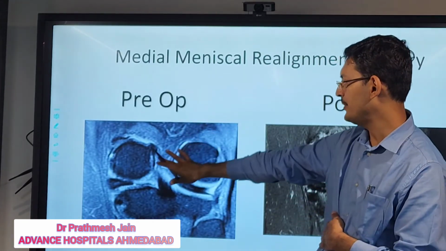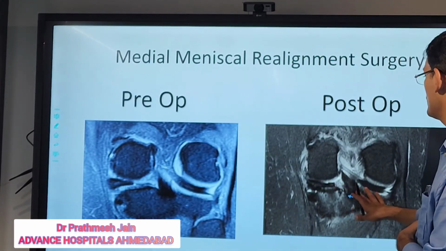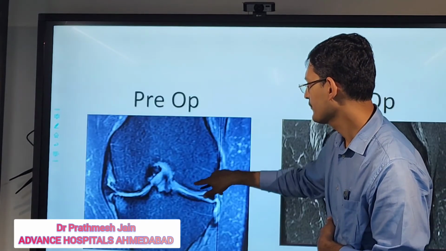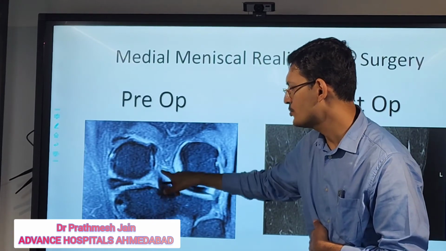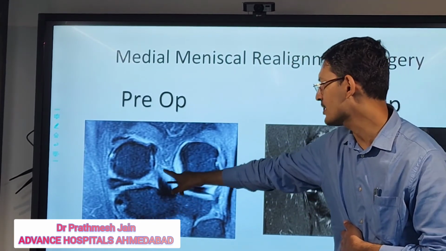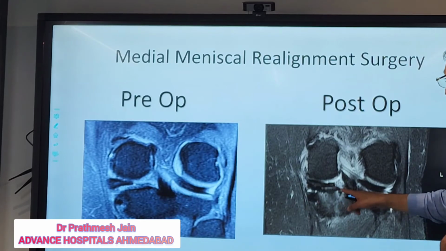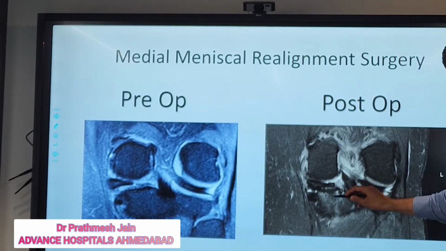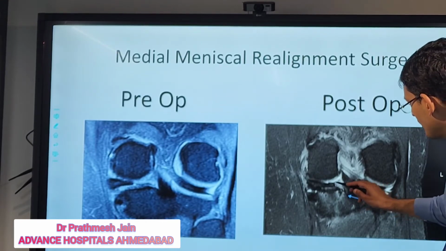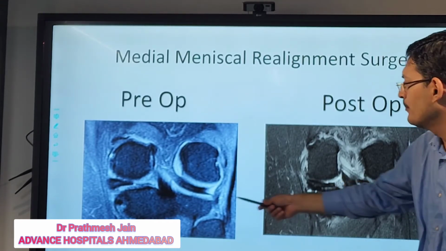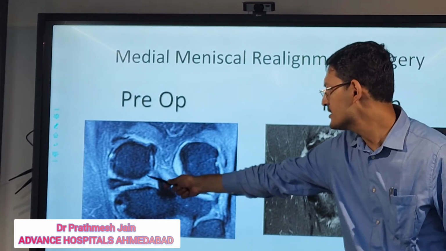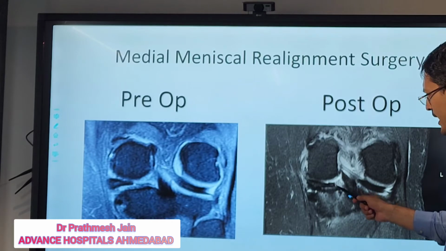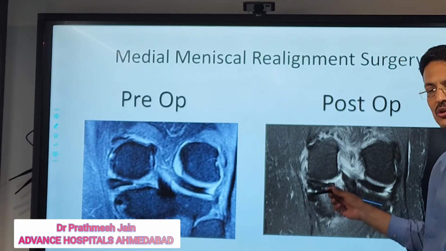So this is the pre-op picture of this patient. This is the post-op picture. You can see that very significant extrusion was there. Very significant extrusion in the root there. A large truncation sign was there, and this is much better here. And you can see the anchor here. This is the area of the anchor. The anchor is there, and the root is much better sitting as compared to here. Here there is a large gap. Here there is a very small gap, and this is also a hyperintensity. This may be because of the hip, so it is reduced a lot.